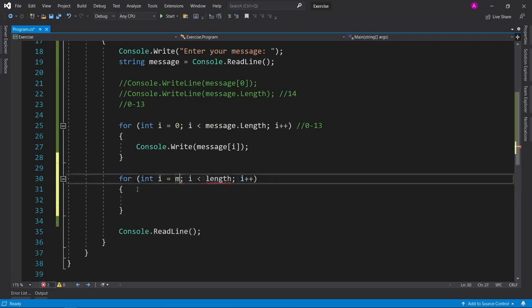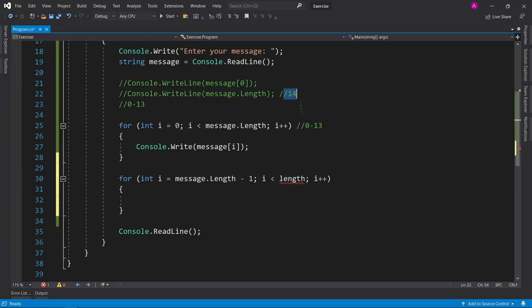We want to start on message.length, and then you want to -1. And just as we said here, we never actually want to get to the length because we want to go from 0 to 13. So if we want to go backwards, we want to go from 13 to 0. And the only way that we can get this 13 is by getting the 14 value, which is message.length, and simply minusing 1. So now that we've got our first variable, which is int i = message.length - 1,